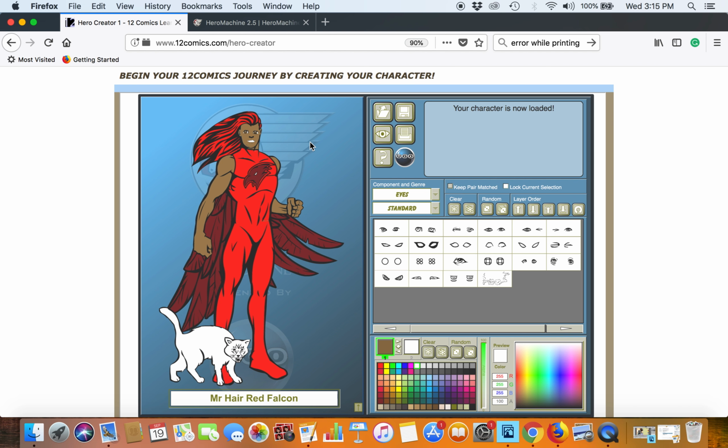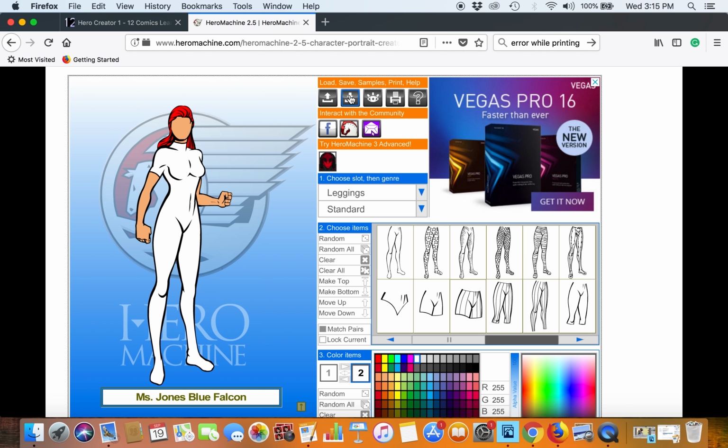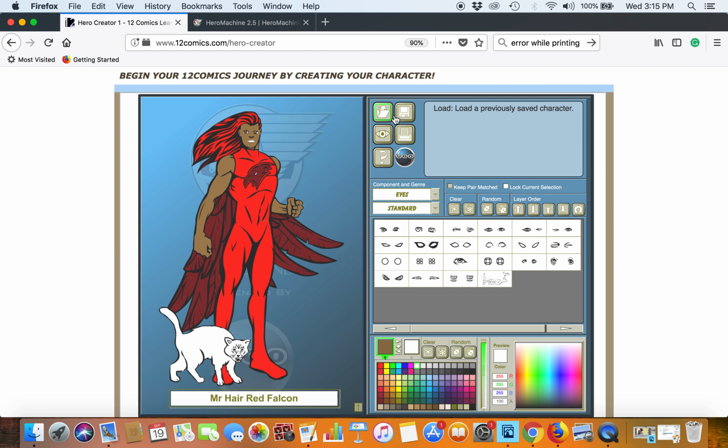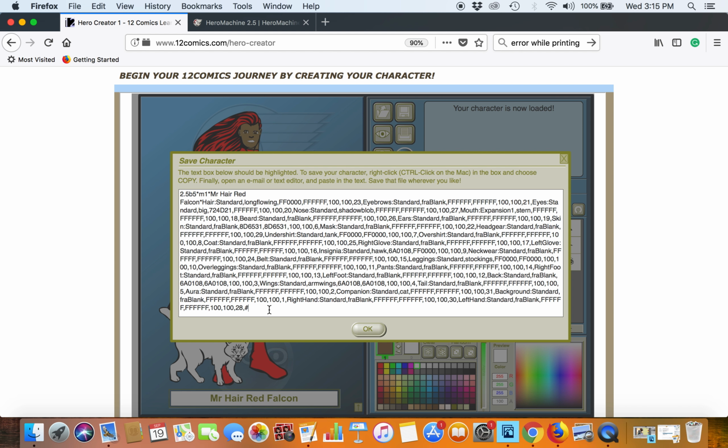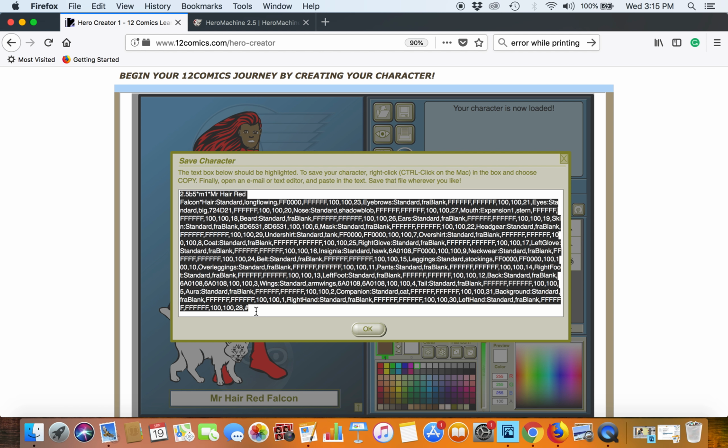And last but not least, let's save the character. So you're going to go ahead and click Save. And in the Hero Machine, it's right here, Save. And then I won't discuss loading. Oh yeah, I'll mention loading. So let's go to Save. You want to copy this code, Command-C, or for Mac users, right-click for PC users. Once again, you want to make sure that the code here is highlighted. So you notice I highlight the code, Control-A,